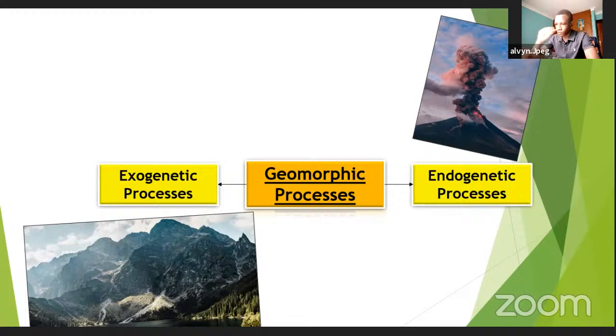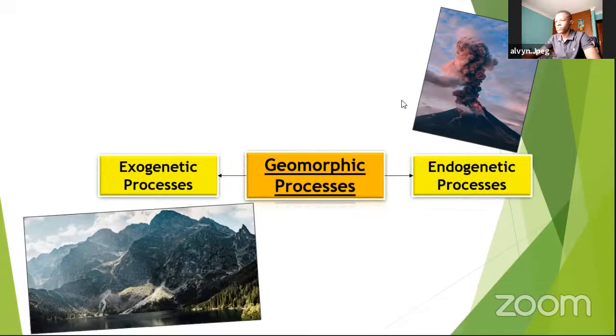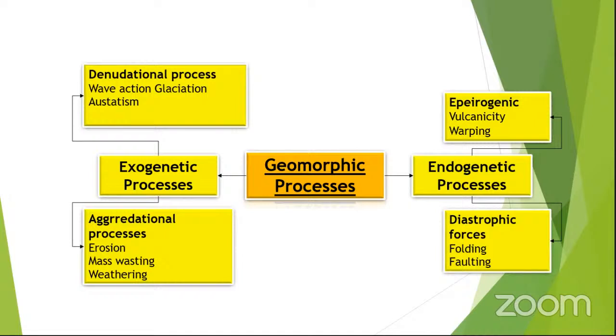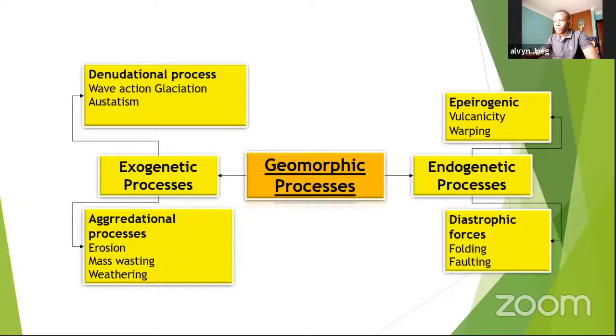Then you can see on top it says endogenic because that's an internal process. So now I'm going to start with this. This is how it's supposed to be, the full thing when I'm done with it, but I'm not yet done. I'm just starting. So where you can see the exogenic processes, these are on the left side, you can see